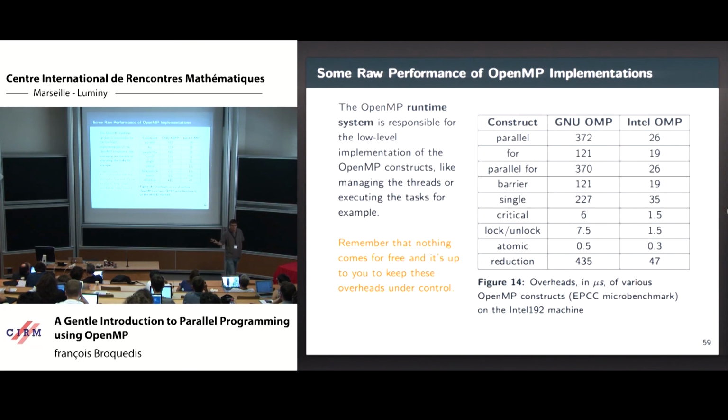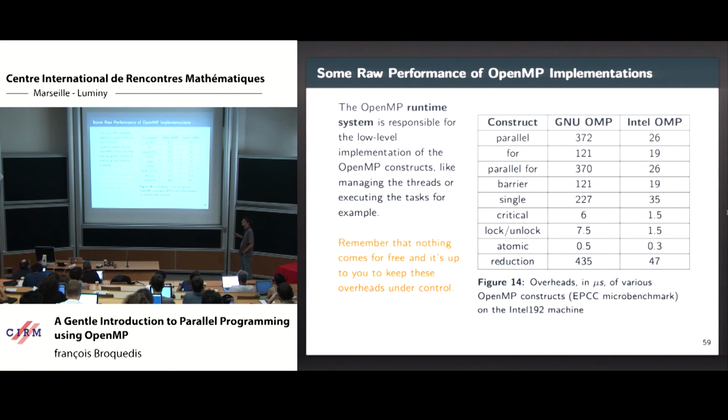This is not to blame GCC at all. This is just to point out that nothing comes for free. You can add all the OpenMP stuff you want, this ends up creating some threads, creating some tasks, synchronizing them, and moving them from one queue to another. And if you take, for example, the barrier construct, which is basically a synchronization between all the threads,